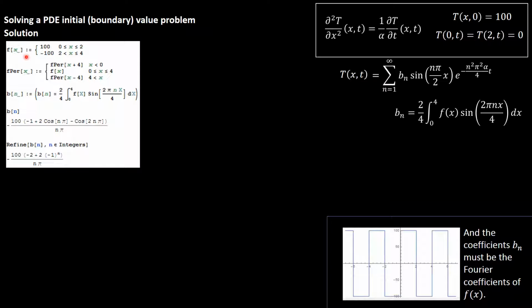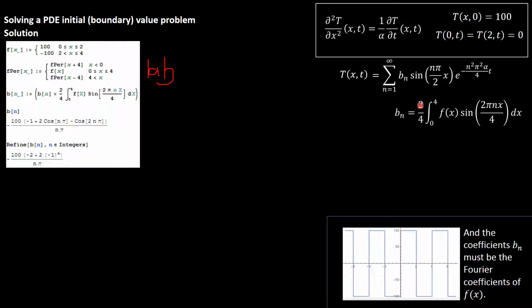So let's define our square wave function. It's 100 from 0 to 2. It's negative 100 from 2 to 4. And it's 4-periodic. So I define a 4-periodic extension, perhaps in the lab. But what I defined here is a of this function here. And then the terms, b sub n, or b of n in Mathematica, are going to be